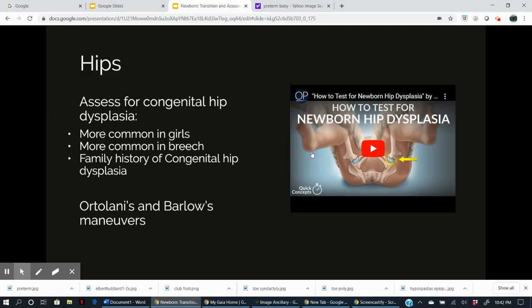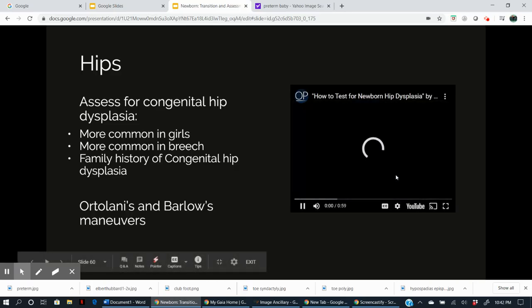The way that we assess for it, there's a couple ways. We have some maneuvers. We have Ortolani and Barlow, which I'm going to show you in a second. And then we look at the length of the legs and we line up the creases and make sure everything's symmetrical. So here is